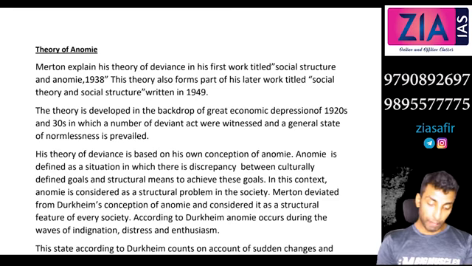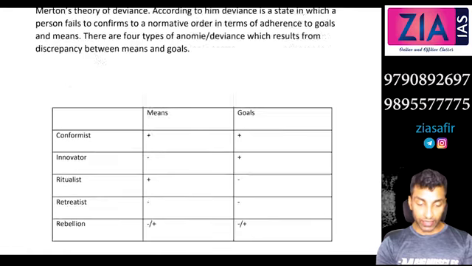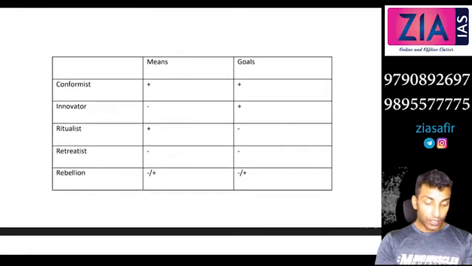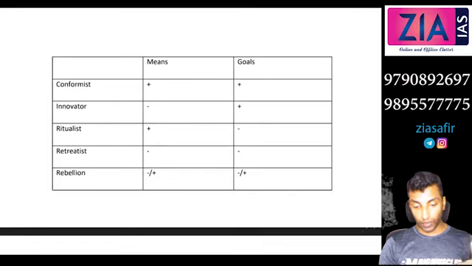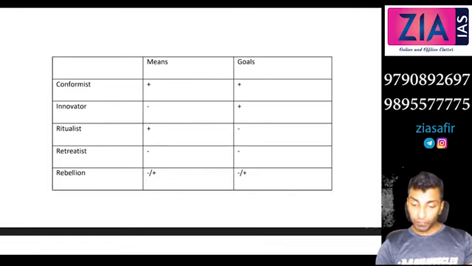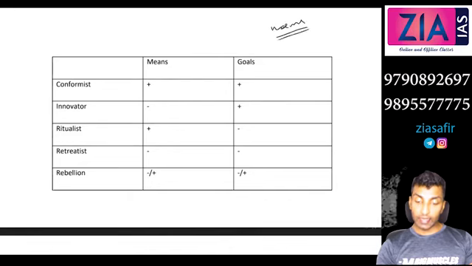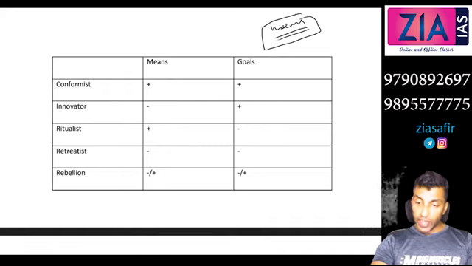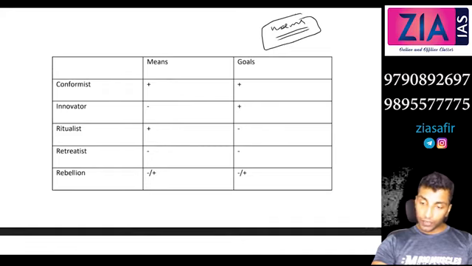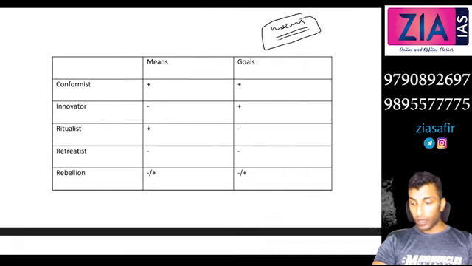So he basically gave this theory of anomie, a very important theory. Anomie you have already seen when it comes to Durkheim also. So anomie means what? Anomie means a situation of normlessness, a widespread disobeying of norms. Norms means what? Can someone tell me? It is the expected behavior, right? So you are expected to behave in a certain way. An anomie situation means there is a total state of normlessness. You are not following any rules, regulations, norms of the society. That is what an anomie situation is.